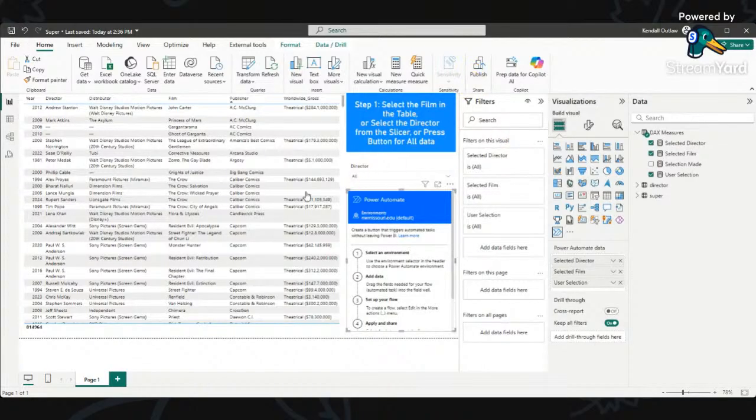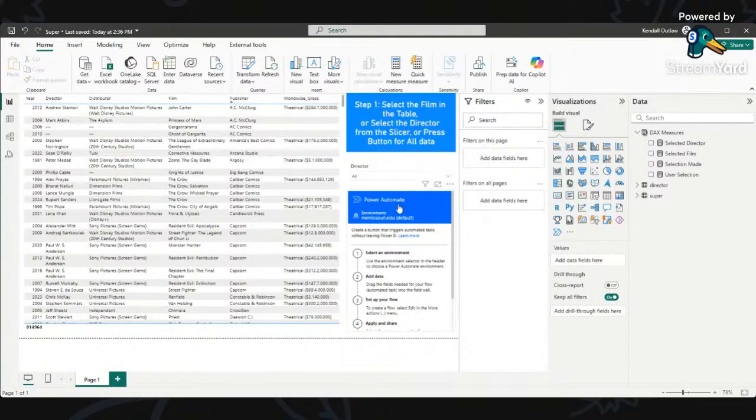Publish to my workspace. All right. So now what we need to do is we're going to go back to this Power Automate, but